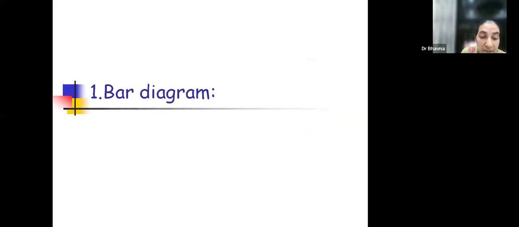But what we do is we fail to chalk out the difference between a bar diagram and a histogram. And when we send our research to the editors, it comes back saying the wrong diagram has been drawn for your data. Your data was qualitative and you have represented it with a histogram. If you take this class seriously today, you will know that qualitative data will never be represented by a histogram. Okay, so bar diagram first.